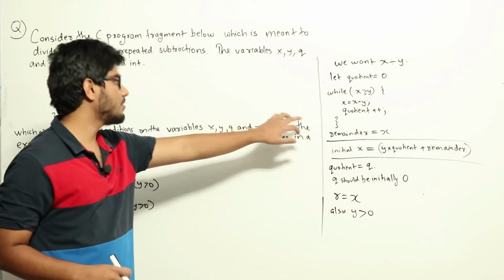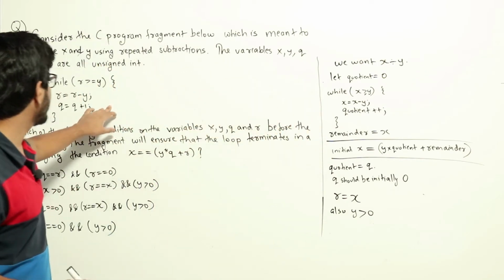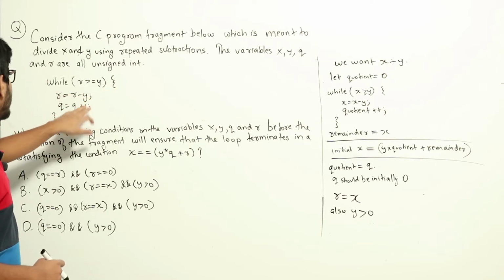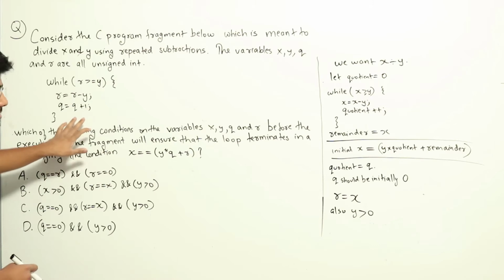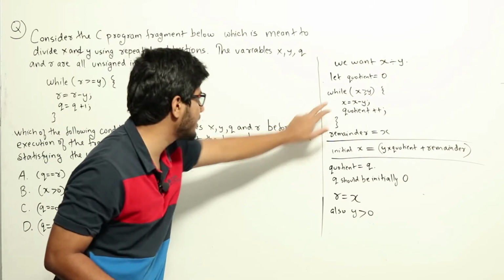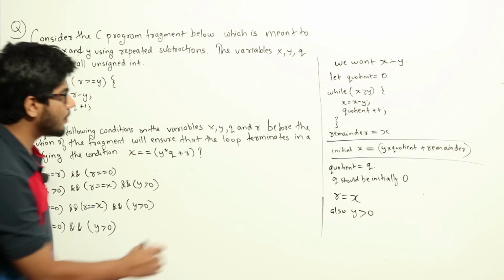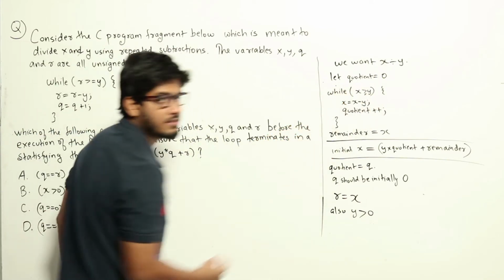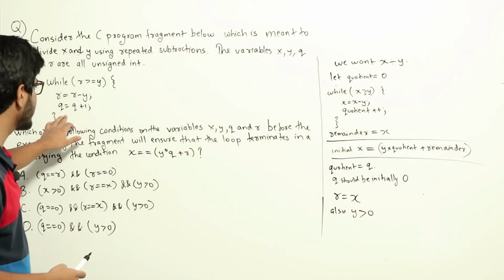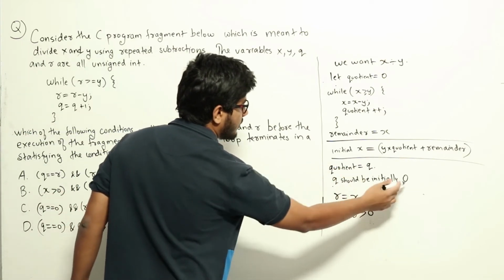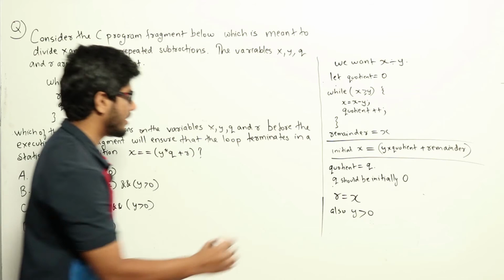So this is the code for doing division of x with y. Now let us compare it with the code we have here. If you look here, you can see while r is greater than or equal to y, r equal to r minus y, q equal to q plus 1. So when you compare it with the code I have written here, you can clearly say that q will be the quotient here. That's what we are adding each time. Now the condition for quotient was that initially quotient should be equal to 0, only then the right value will be stored in q. So quotient is q, and we can write that q should be initially 0.